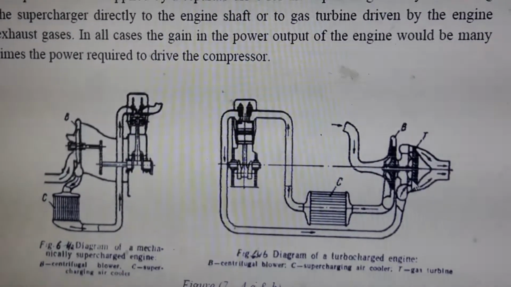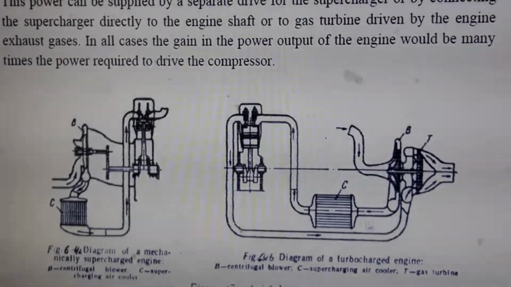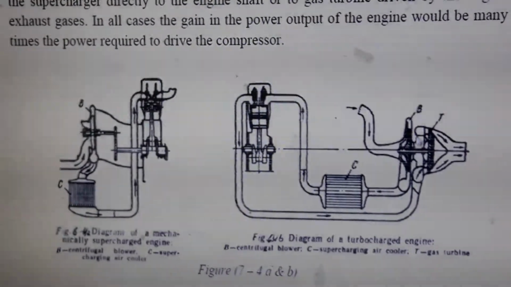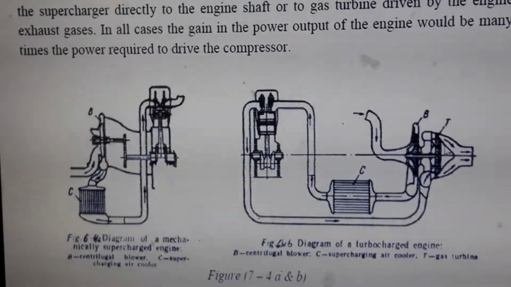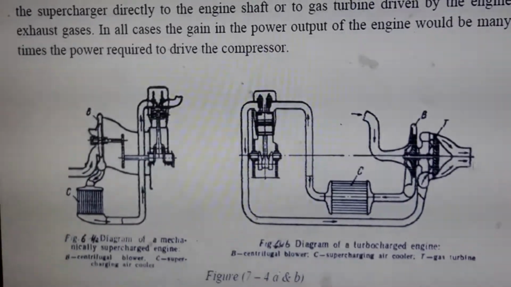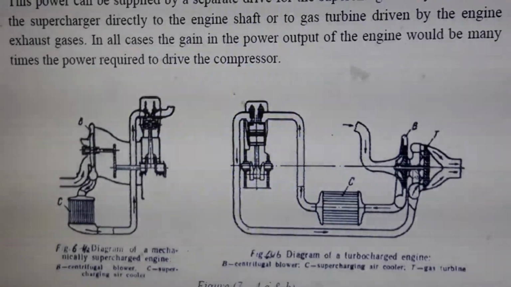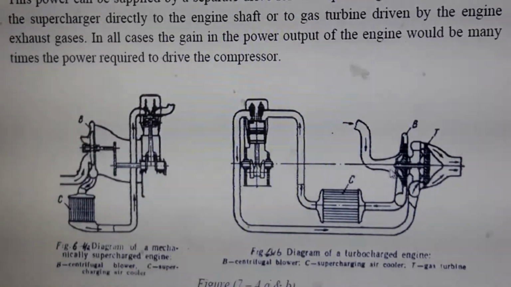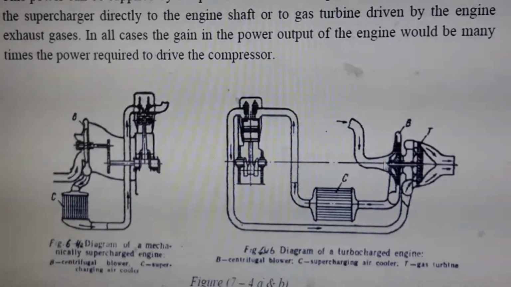developed by the turbine. Now the exhaust gases from the exhaust manifold is taken to the turbine. Again the energy of that exhaust gas is utilized in turbine, and that exhaust gas is sent to this outlet. So the power of this turbine is given to the compressor which is coupled on the shaft of the turbine. Due to this power this compressor operates.